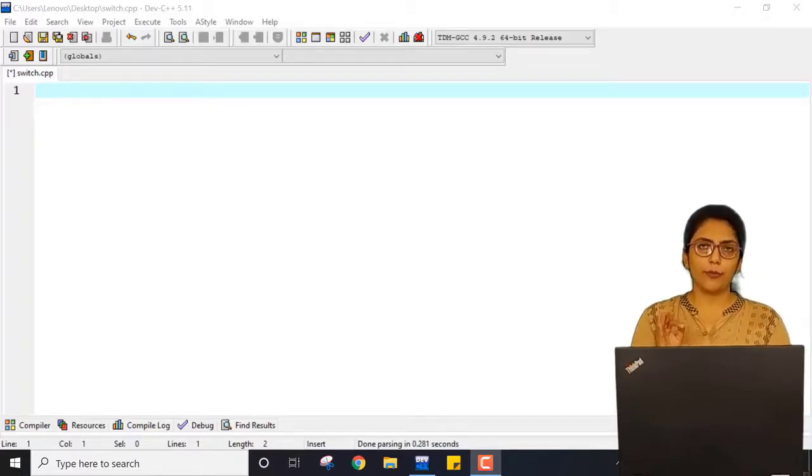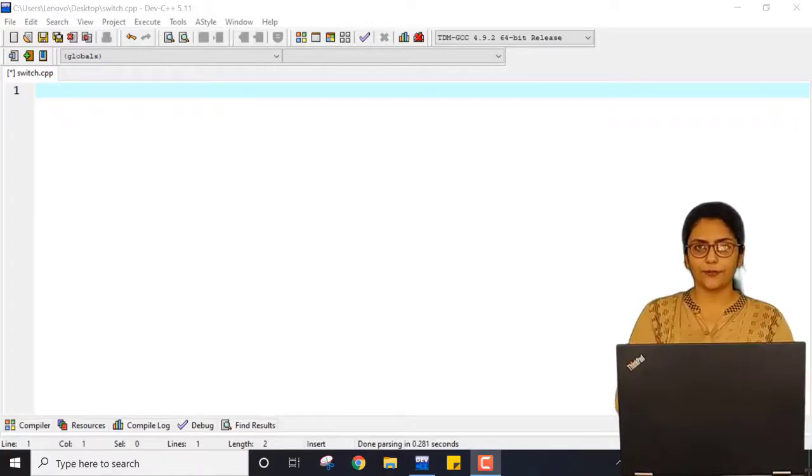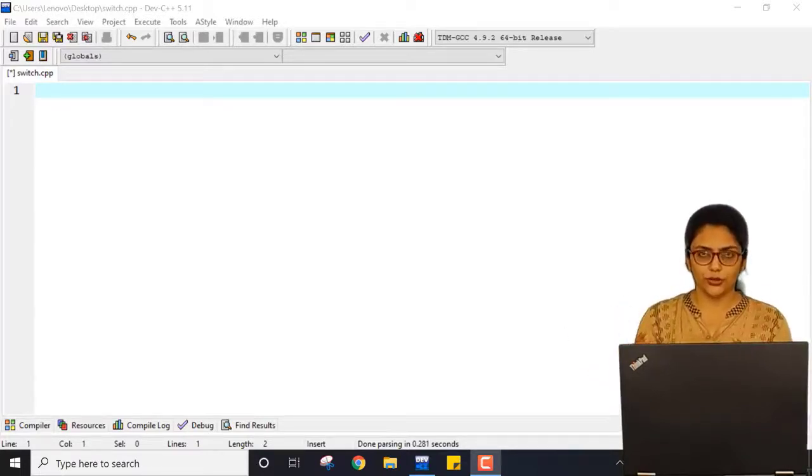The one topic which remains is switch case. Now in this lecture I am just going to cover switch case: what is the switch case, and in which cases I can use it. If you have understood the flow chart and coding part of else if ladder, then you can easily understand switch case. Why? Because else if ladder and switch case can be used as a substitution. You can use switch case in place of else if ladder.